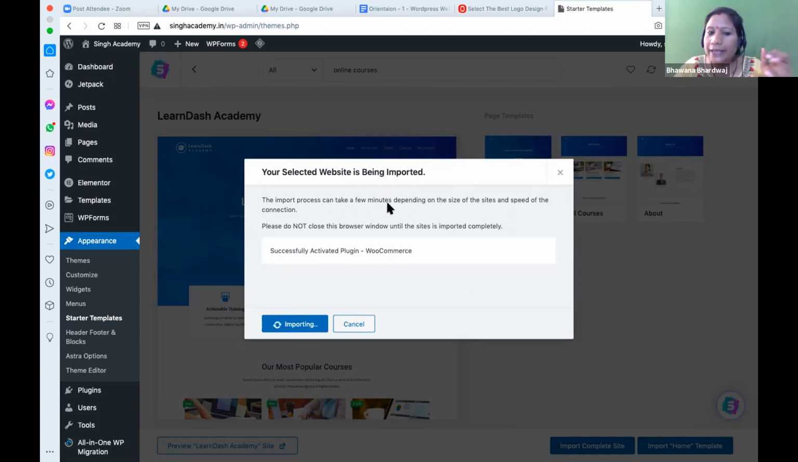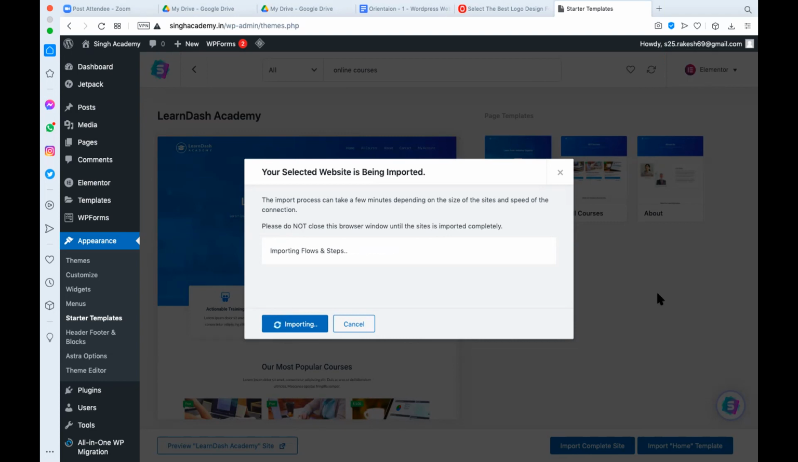So the import process can take a few minutes depending on the size of the site and speed of the connection. Please do not close this browser window until the site is imported completely. Successfully activated plugin WooCommerce. WooCommerce, any idea what is WooCommerce? WooCommerce is for online payment, like if you want to have an e-commerce website. WooCommerce plugin is exclusively to create an online store on your website. So the theme which we have used right now has the feature to set up an online store